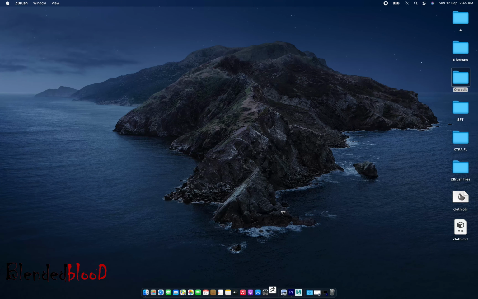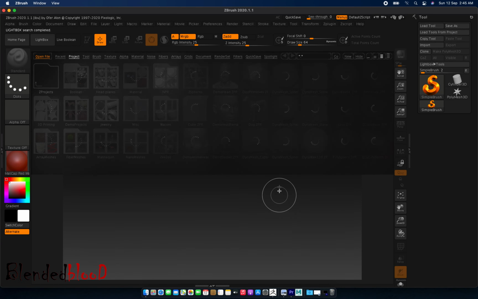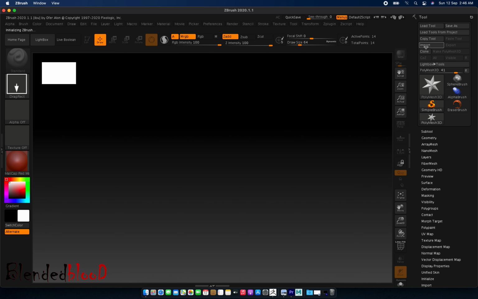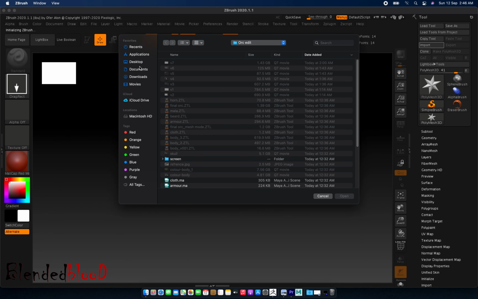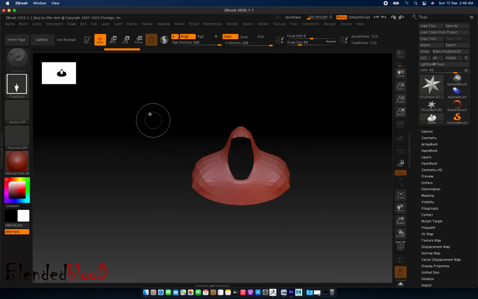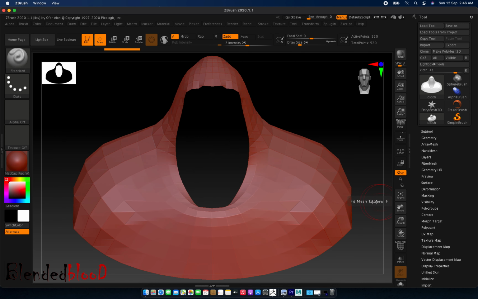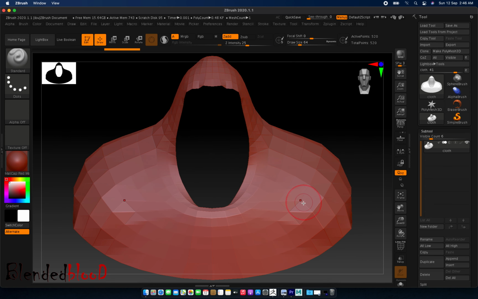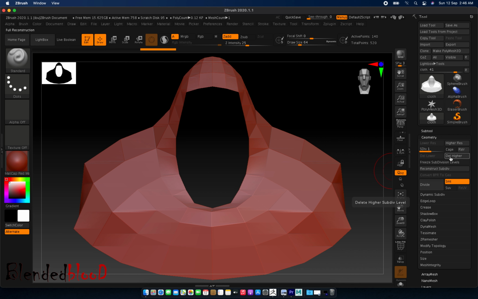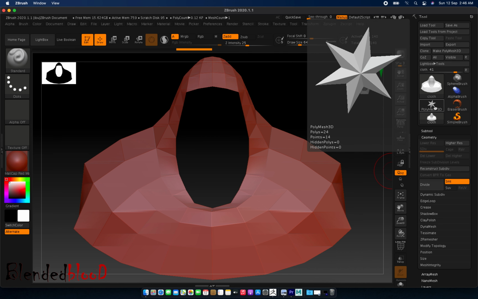Again I am going through nanomesh, so if you have confusion then watch it again. I hope this will help you. Initialize, yes. Import, sorry, desktop and cloth obj, open. Yeah, this is our cloth. Subtool, turn symmetry on. Okay, geometry, reconstruct, delete higher. Now if you remember what we have to do, come to Polymesh 3D,